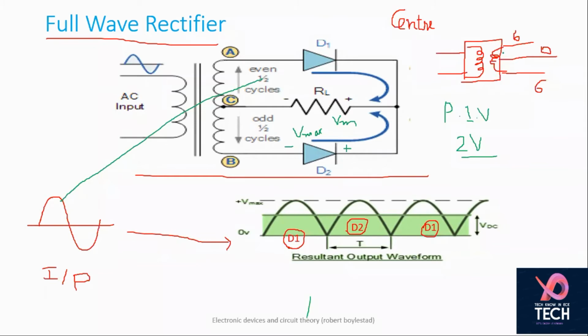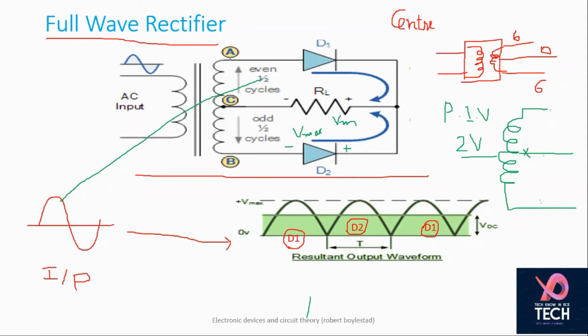But in this case, these are your secondary coils, let's assume. So in between here, we have a neutral position in between. In the normal transformers, we have 6 volts, 0 volts, or whatever it may be. We are getting 6 volts across these two potentials. But in this case, we have a center tap point, which is neutral in nature. So we are actually getting a voltage here, and no voltage at this particular point. So this is neutral. So that is the construction.